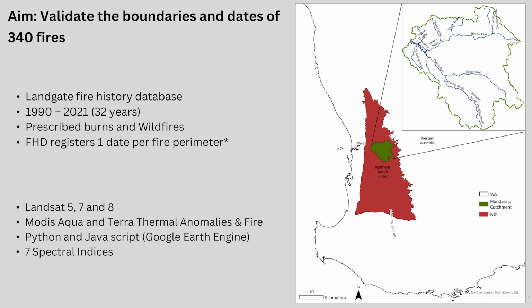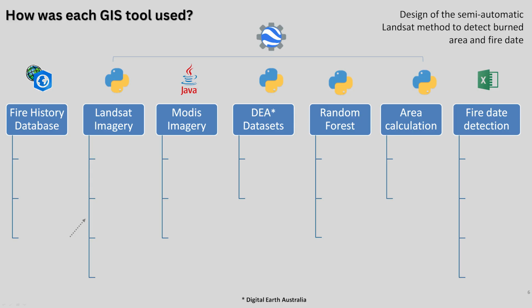So I used different satellites and sensors, such as Landsat and MODIS, and I also used both Python and JavaScript in the Google Earth Engine platform, and 7 different spectral indices. So here I demonstrate